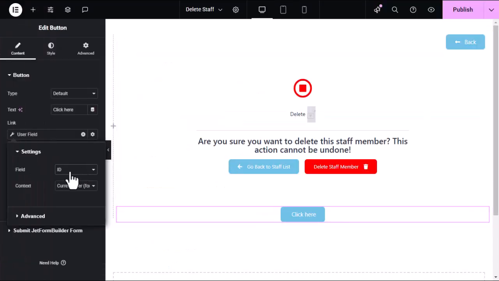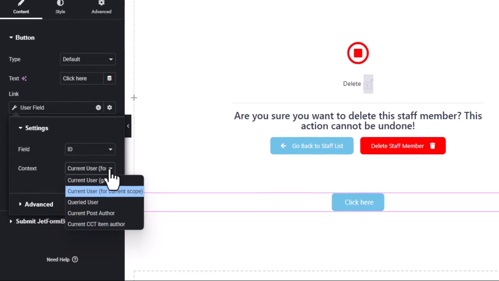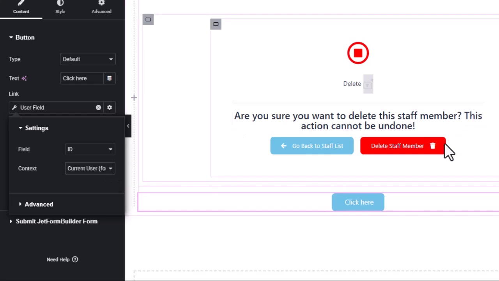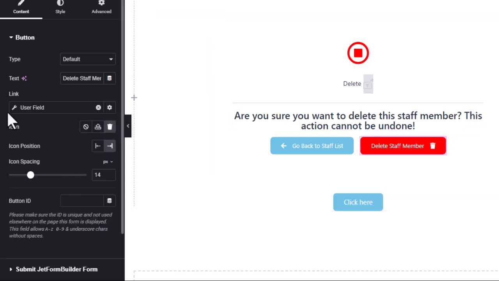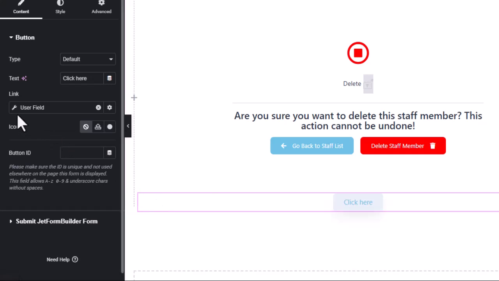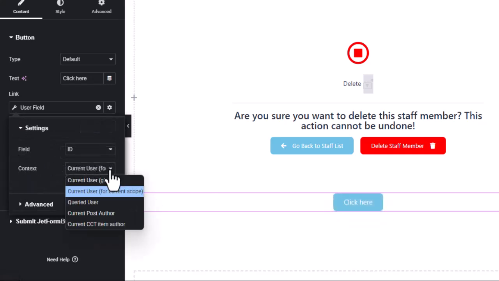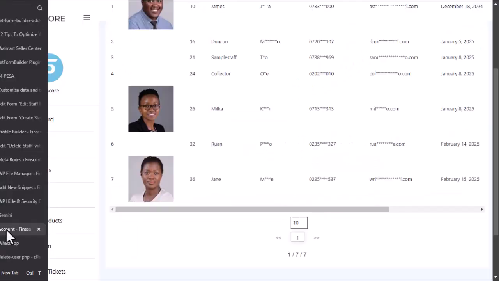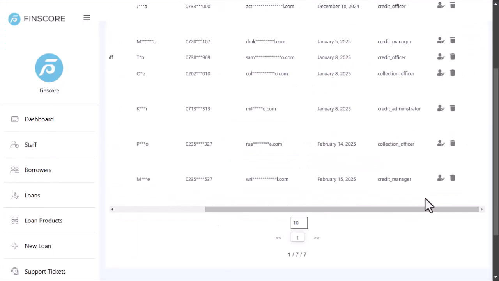Then what's the context? This is very important. It's very important for you to understand that the context matters when it comes to deciding who to delete. So we'll stick with the current user for current scope, because remember, when you hit on this button here, that I will be showing you in a short while,